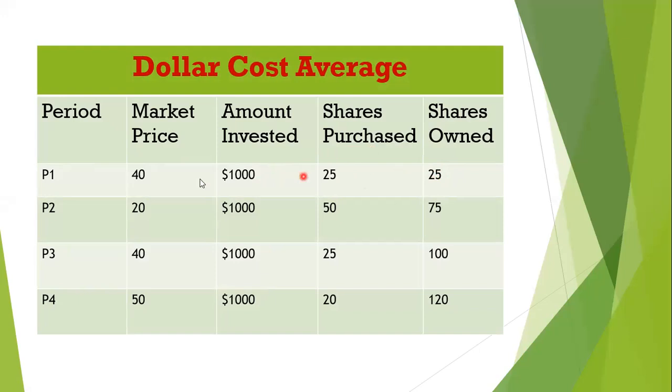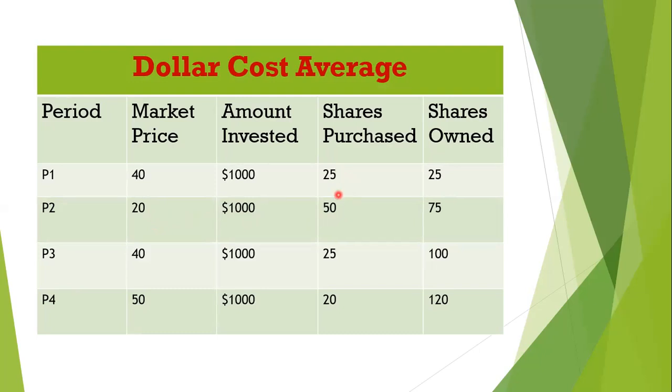In period number 2, the price dropped to 20, which means it reduced by 50%. So the price now is $20. And for people who have no experience in investing, this can make them panic because the price goes way down. So they will end up selling and they lose money. But for people who have experience and you trust the company that you have invested in, it doesn't make you panic. Instead, it becomes an opportunity for you to buy more shares. So you go ahead and invest your 1,000 again, and you get 50 shares.